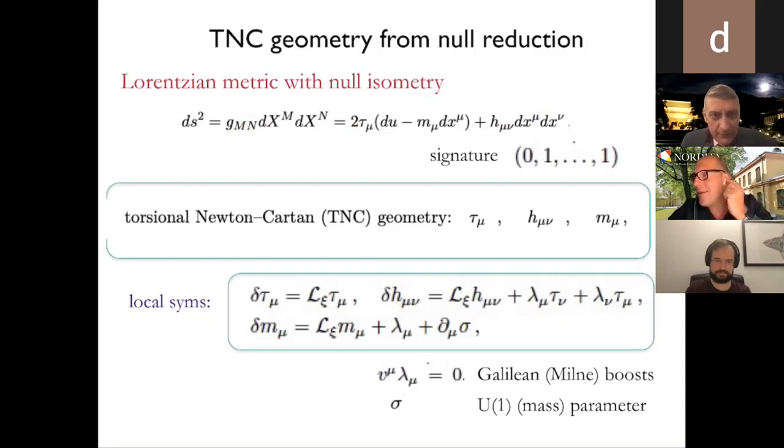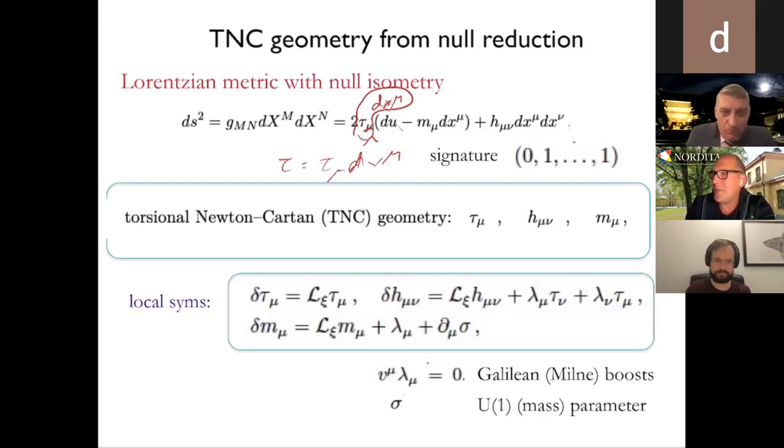A question: is there a misprint in this equation, because I see only one differential in the first term instead of an expression that's quadratic in differentials? Oh, yeah, thanks. Let me see if I can correct it. It should be tau mu dx mu here. Okay. Thanks a lot. We often write tau, but then we mean that tau is a one-form, but I shouldn't have written it that way here. Thanks.